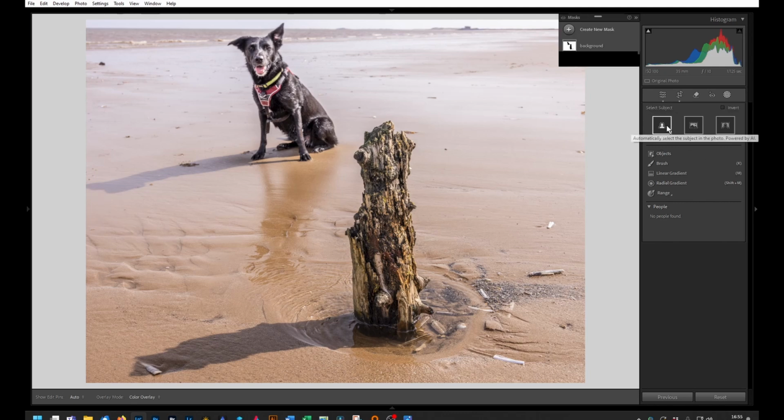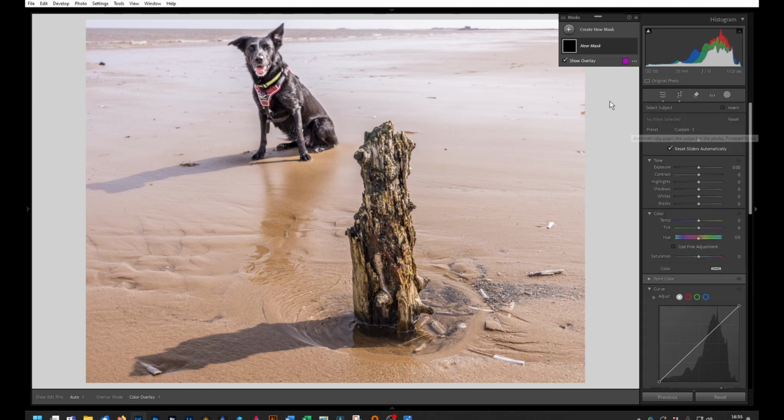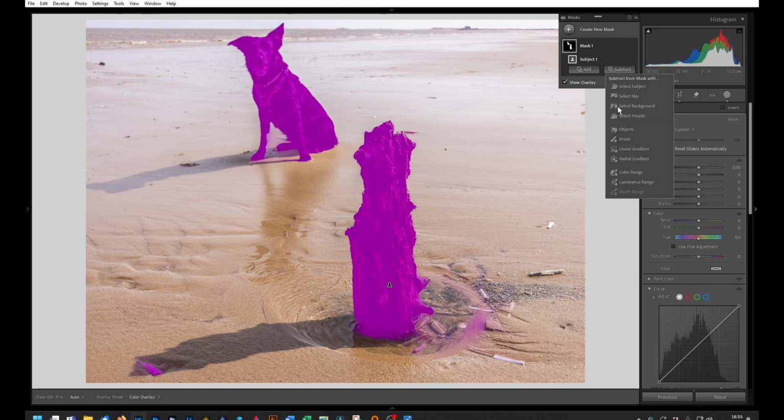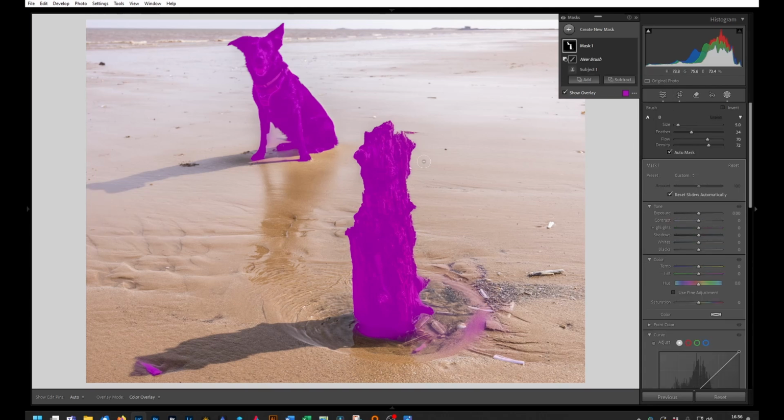If you just click on subject, it'll detect what it thinks is the subject. And here we are. In fact, it's picked out the 2 main objects which feature principally in the image. All we want is the dog. So we could try using the object mask, but in reality the simplest way to get what we want would be simply to subtract, and we could use various things. We'll choose a brush, make it a bit bigger,